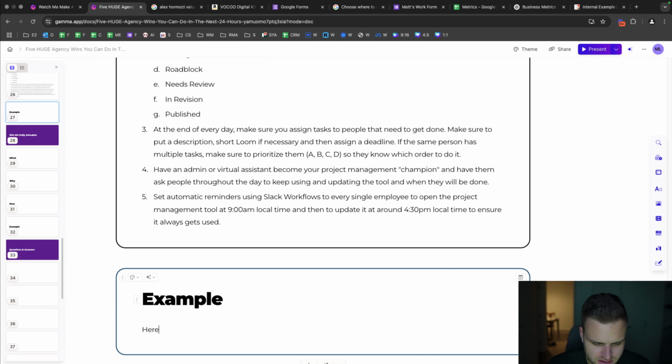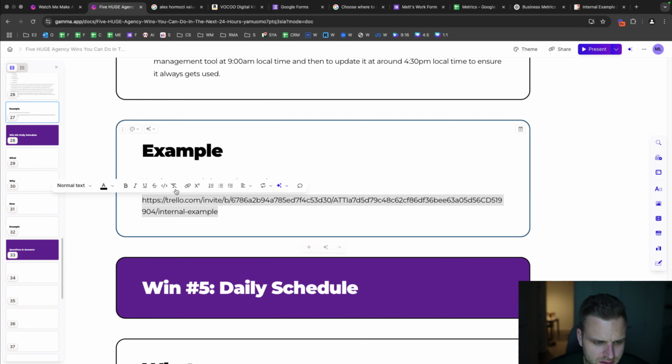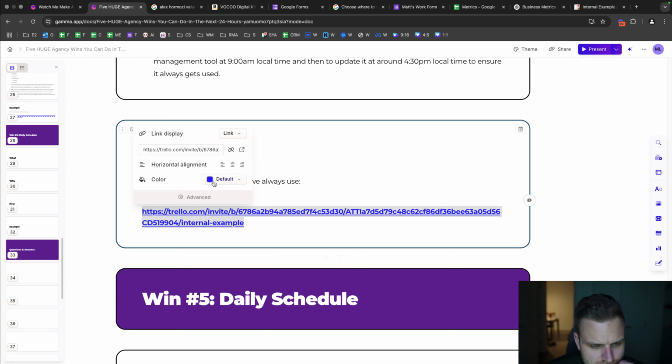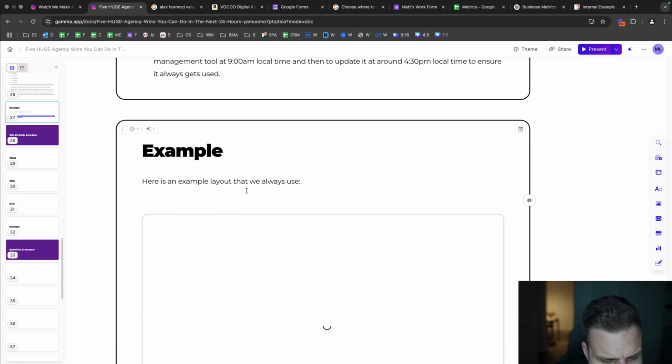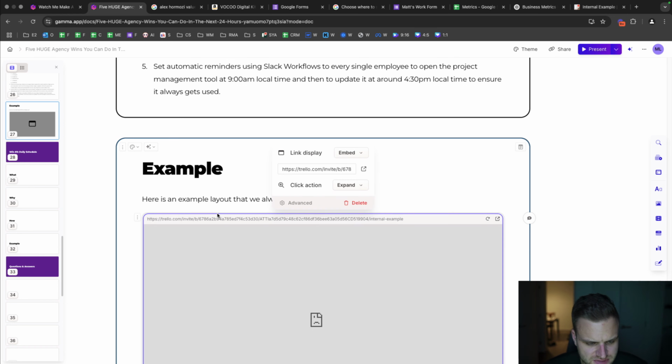That here is an example layout that we always use. I don't think it's going to work properly. So